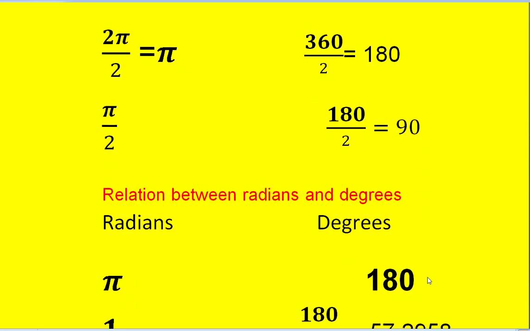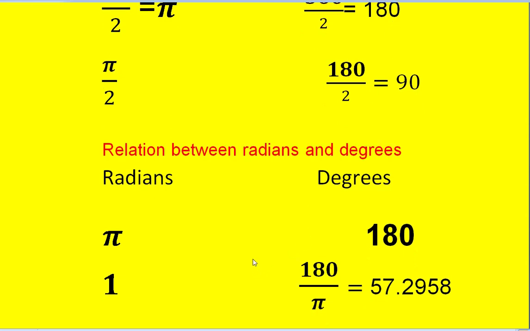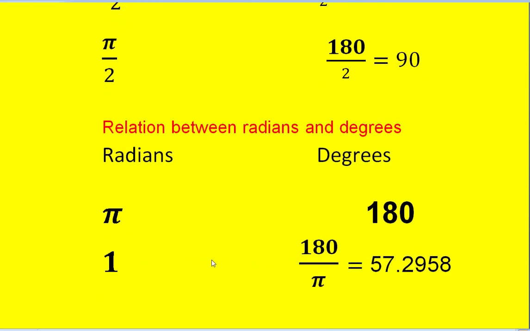Then how many degrees is equal to 1 radian? How to calculate it? The relation between radians and degrees is like this: pi radians is equal to 180 degrees, as we have just seen. Now for 1 radian, how many degrees? It is 180 divided by pi. When we simplify it, we get